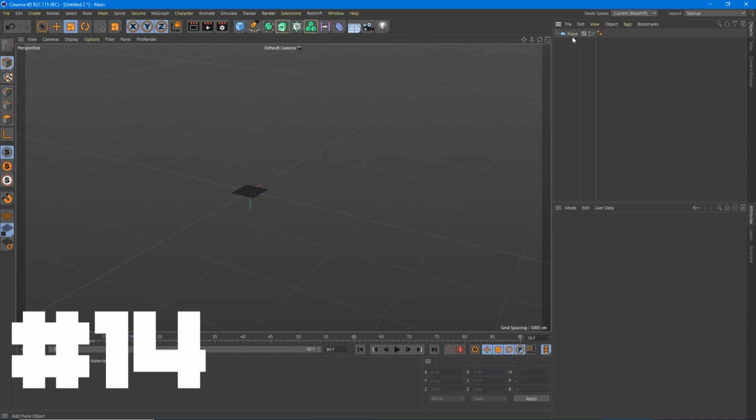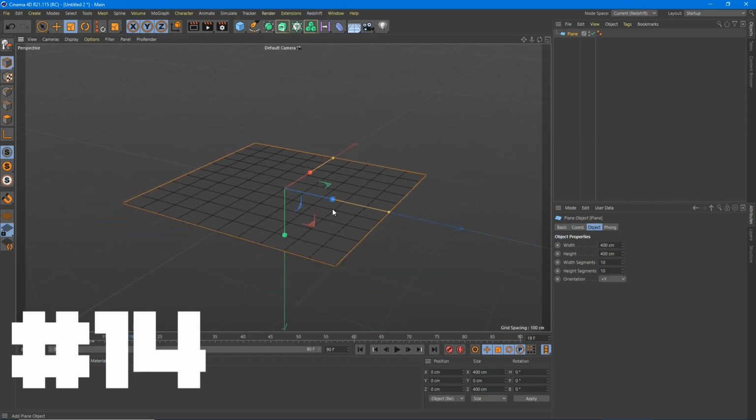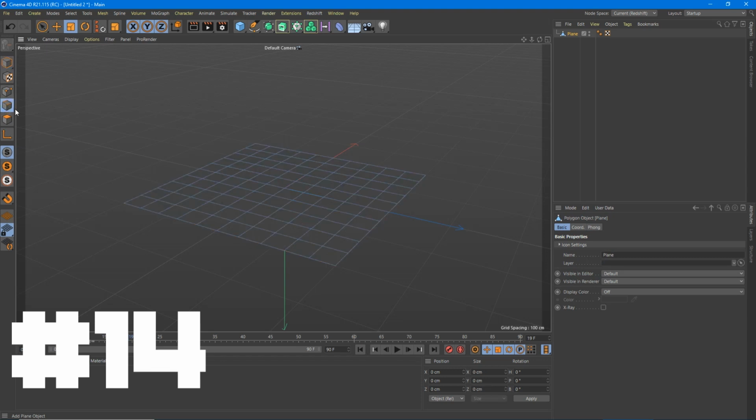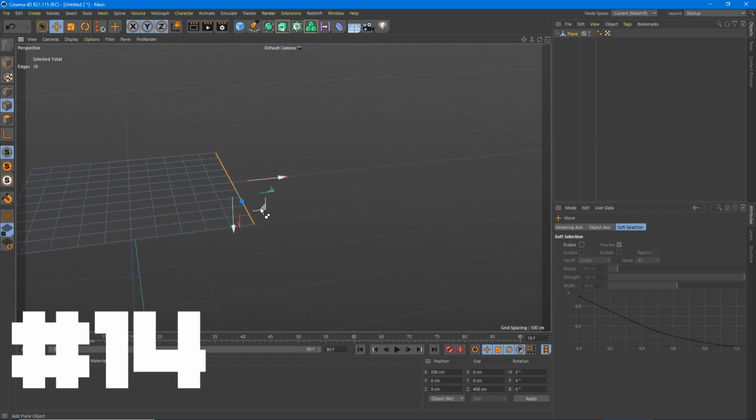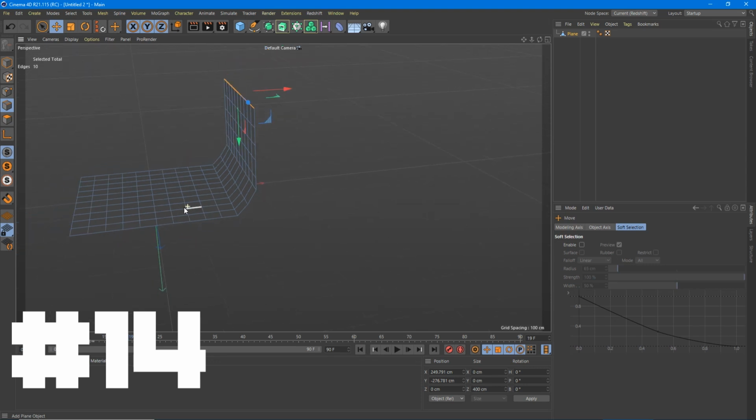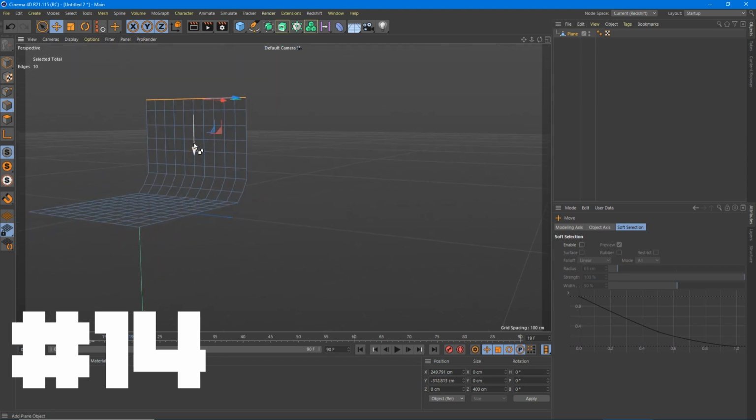You're going to want to create a plane. We'll zoom in here, hit H, and have everything framed up. So we've got a plane, 10 by 10, that's fine. We're going to hit C to make that editable. We're going to choose the polygons, double click this back layer, and hit E to go to our movement. Then we're going to hold Control and drag this up at almost a 45-degree angle. And then again, trying to keep it the same-ish distance, and then go up, up, up, up, till it's as high as you want it to go.